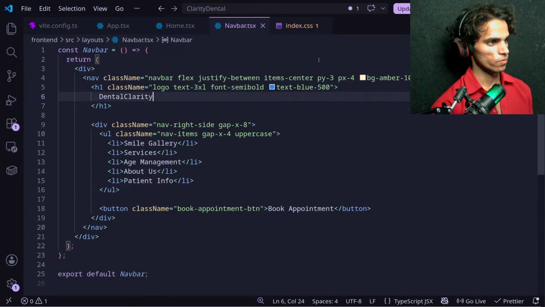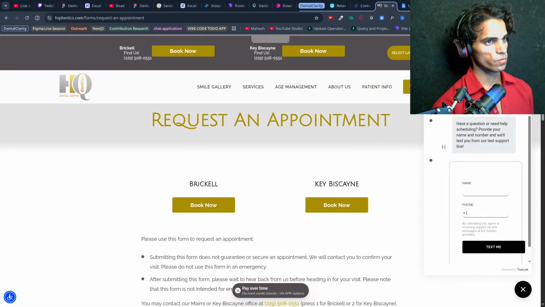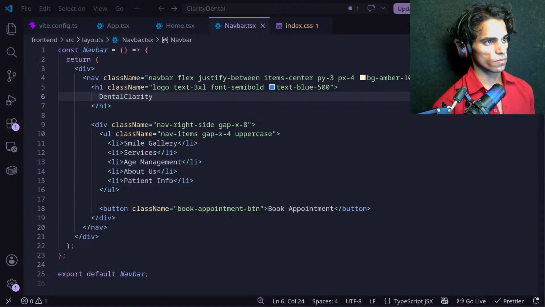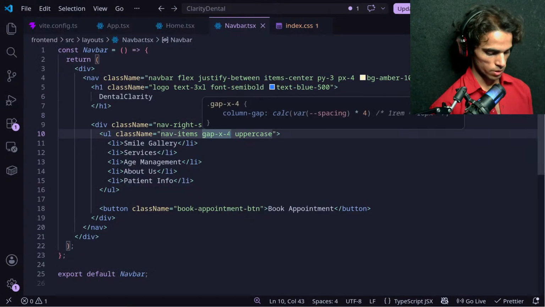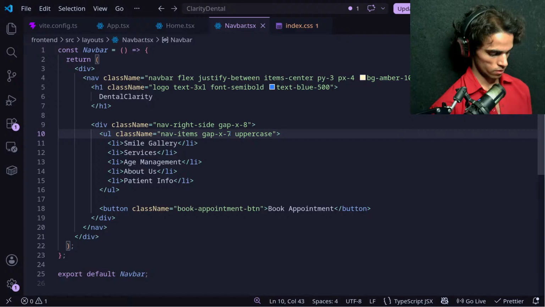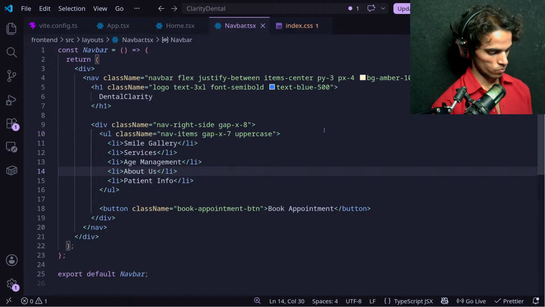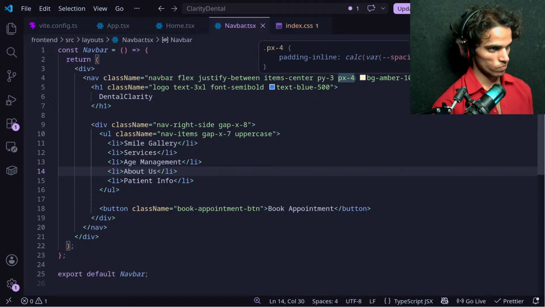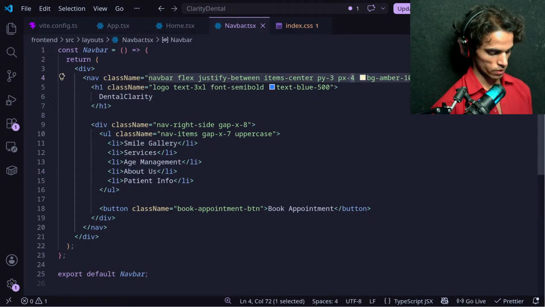Yeah, now I want more gap between these. Px 4 will be